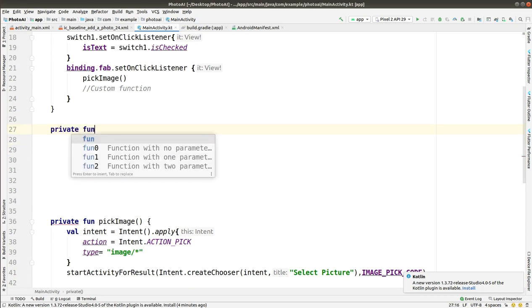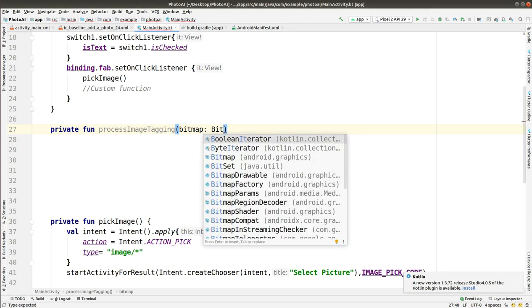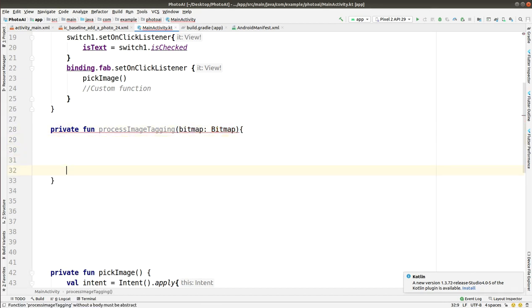One of the functions is called process image tagging, and in this function we are going to use some Firebase ML Vision library related functions and features. So first of all import this by clicking alt and enter.